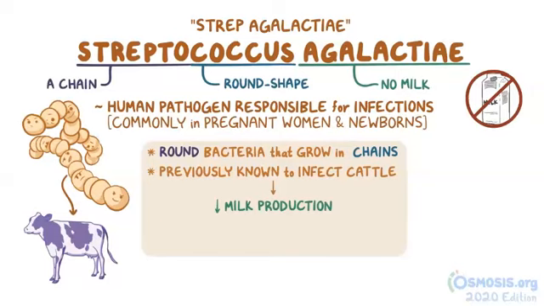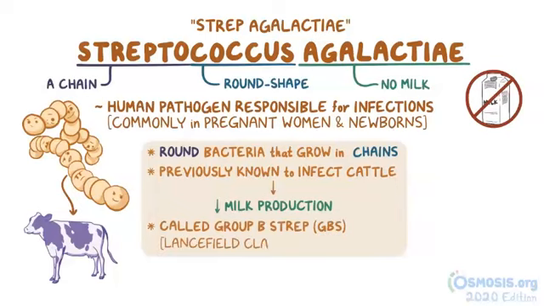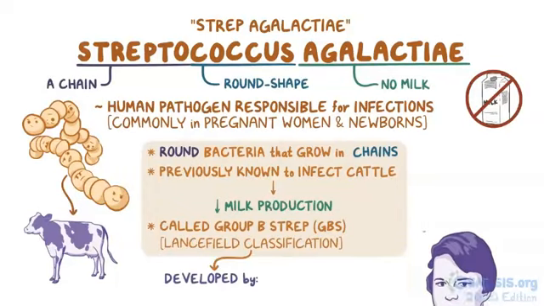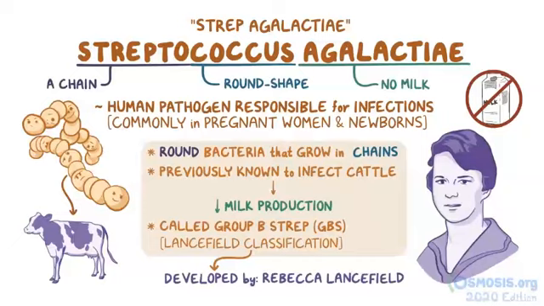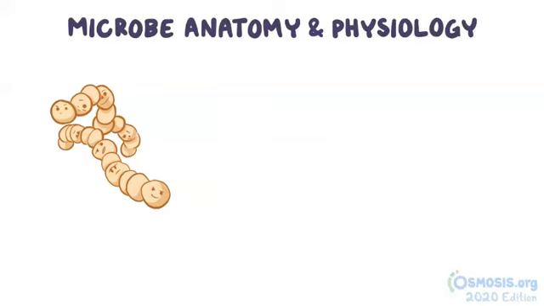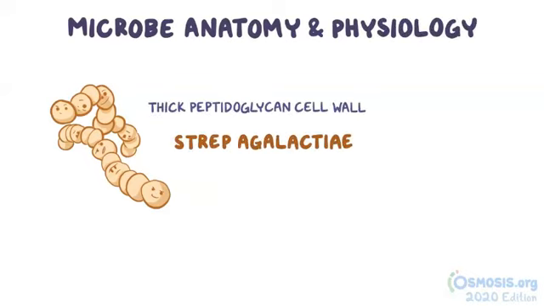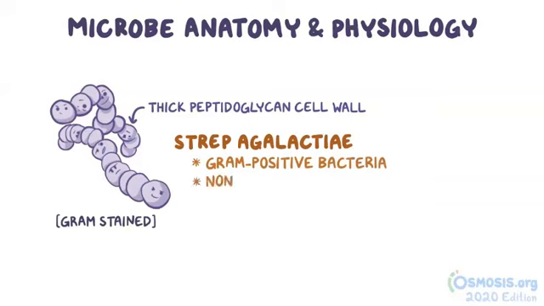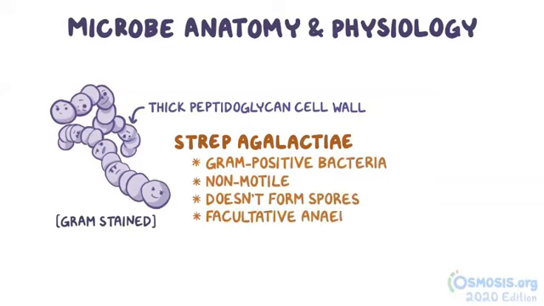Strep agalactiae are also called Group B strep, or GBS, in Lancefield classification, developed by the American microbiologist Rebecca Lancefield. Alright, now a little bit of microbe anatomy and physiology. Strep agalactiae has a thick peptidoglycan cell wall, which takes in purple dye when gram-stained, so this is a gram-positive bacteria. It's non-motile and doesn't form spores, and also it's a facultative anaerobe, meaning that it can survive in both